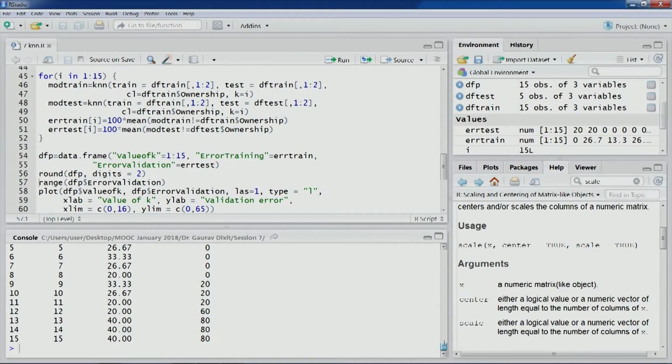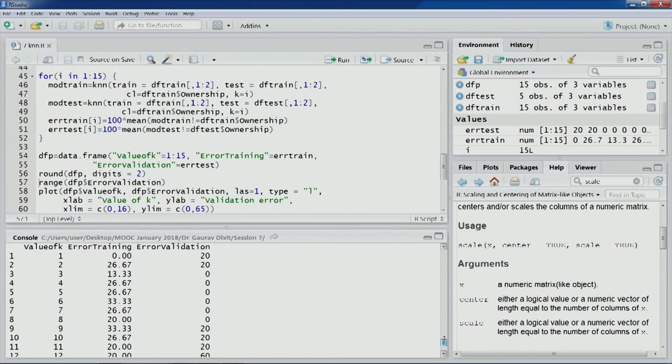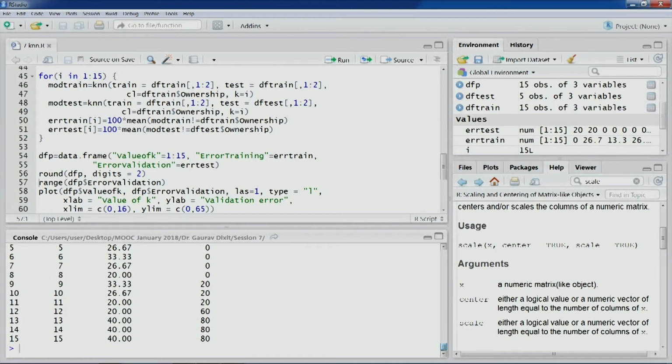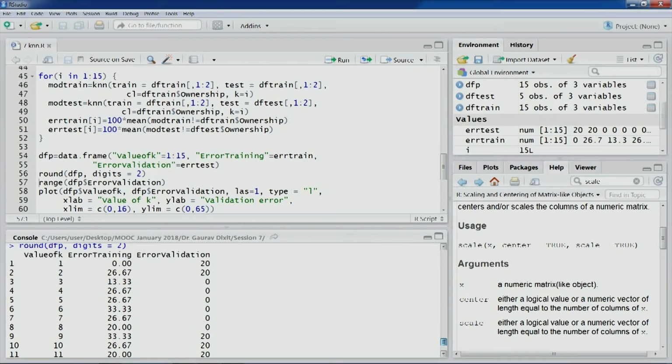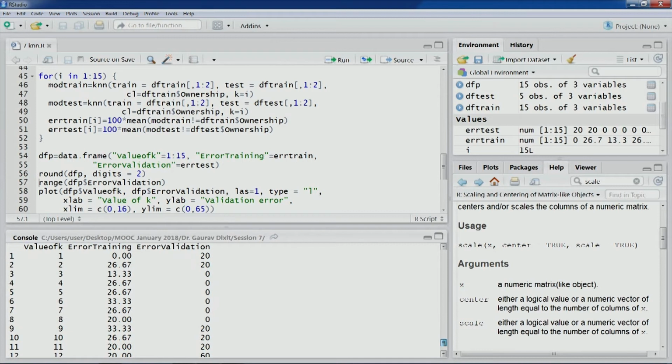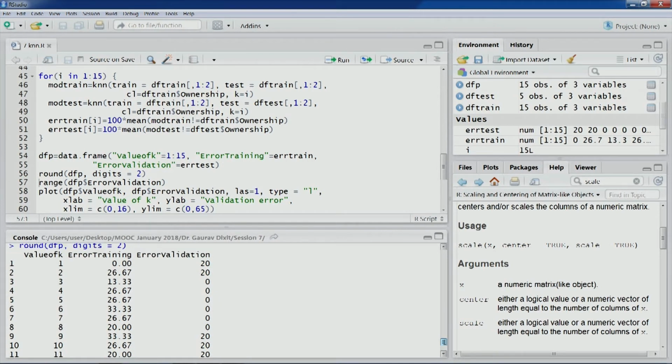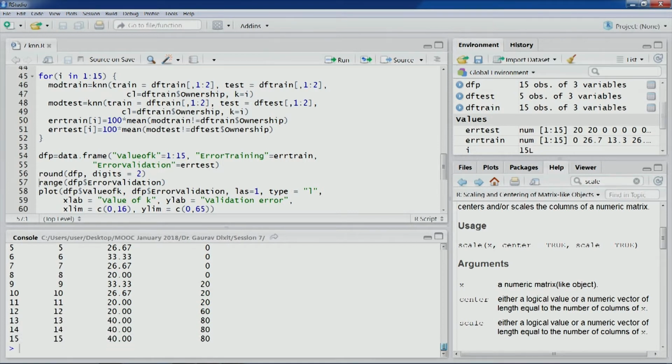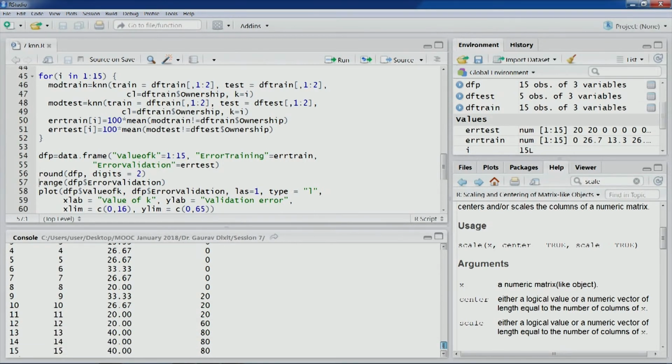Still, even if we look at these results, the training error, for different values of k, keeps on increasing. It increases, then there is a slight drop, and then again it keeps on increasing with a few drops. We are mainly interested in the validation error. Again in validation itself, we see some peculiarity in the results.